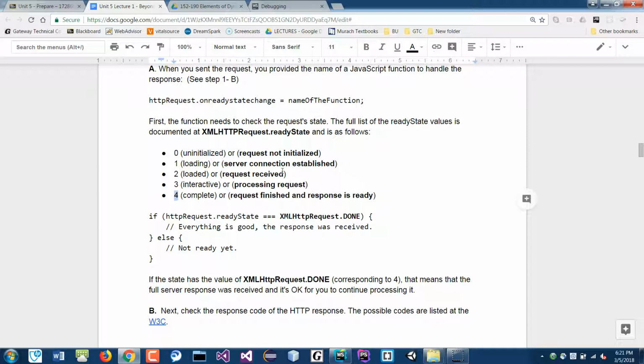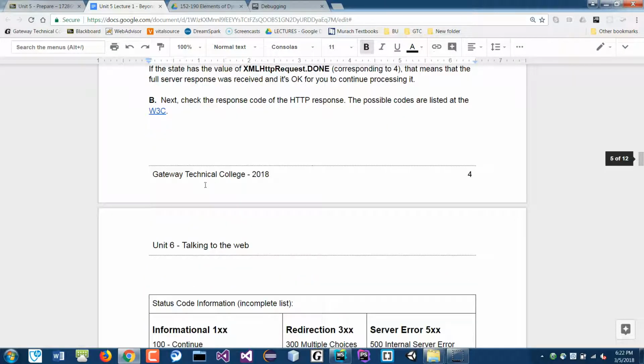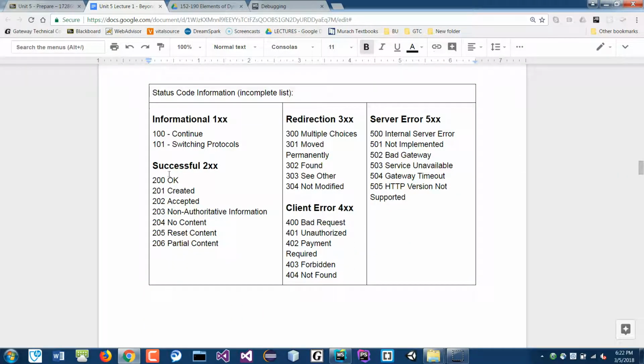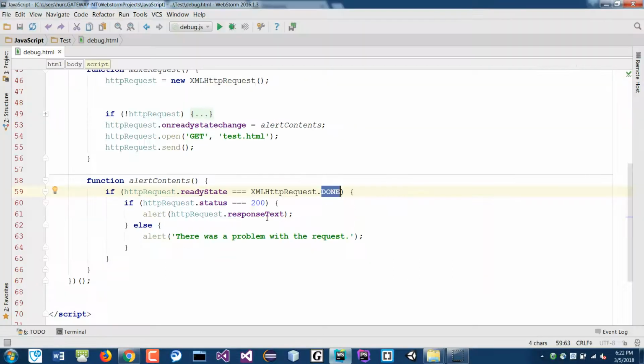So if you don't receive, bless you, if you don't receive a value of 4 or done, then you know that it failed. Okay, once it failed, it doesn't have access to the file or something's wrong with it, so you can check it. Okay, so once that's done, then you check for the state. If the state is 200, it's okay, successful, then you're good to go. So the process is you